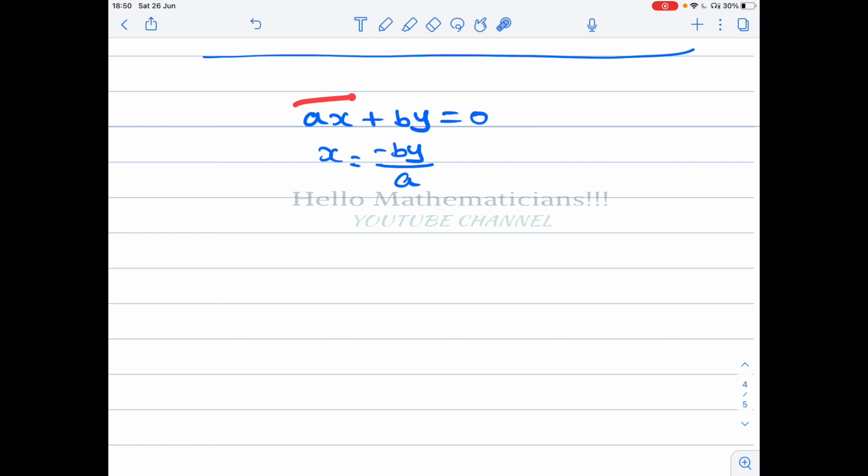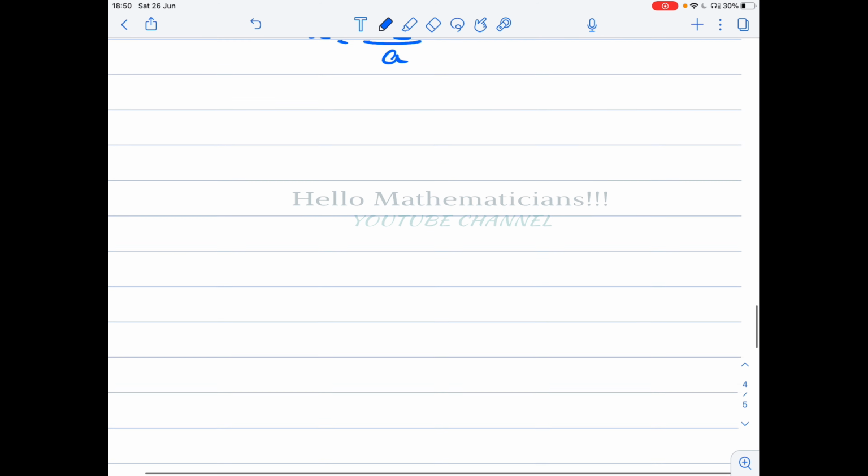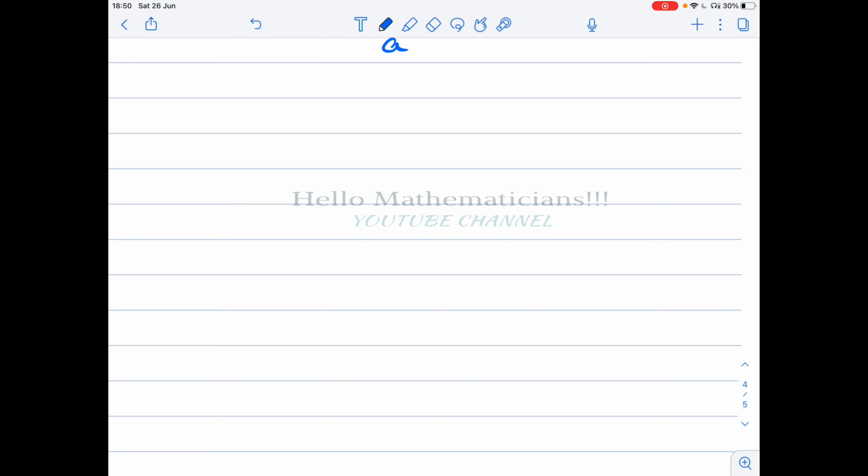Therefore, if it is an equation in two variables, one variable is dependent, one variable is independent or free. Since it is only one free variable, it means that it is one dimension. One dimension means it is a line. Similarly, if you look at the full plane, the xy plane, it has dimension 2.